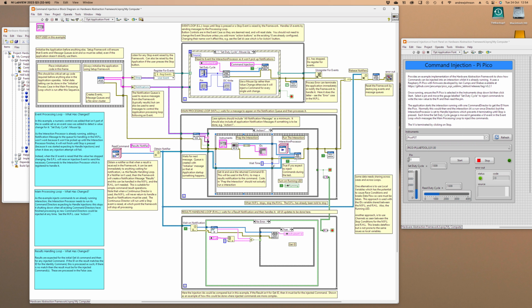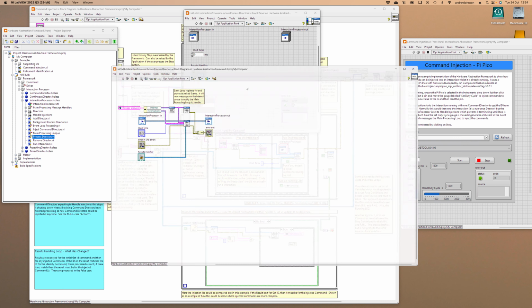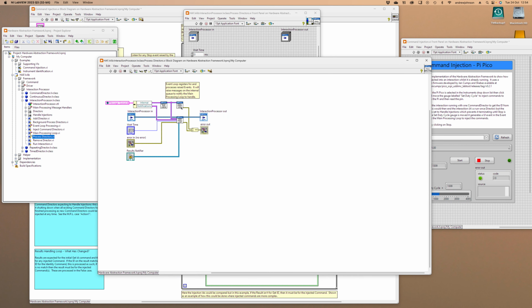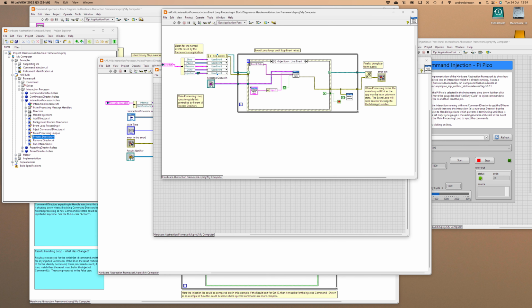If we look at what happens on the injection event, we have the event loop processing. Let's open up process directors. We have the process events loop and the main processing loop running in the framework, and this is registered to detect the injection events. And when that happens, what we do is put on the internal message queue